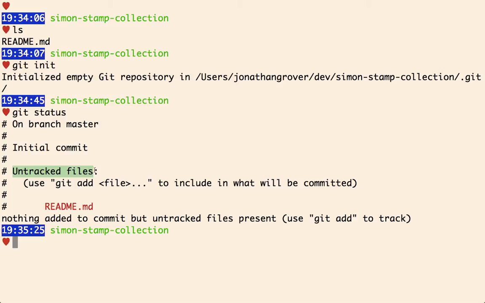Right? So staging is what we do when we want to include a file to be committed, okay? So when I did git status, again, first we did git init to create a new empty repository inside of our folder, right? We're in the Simon Stamp Collection folder, initialized the repository. We called git status, and it told us that this file is untracked, readme.markdown. So given that I want to save little snapshots of the changes to this file, I'm going to have to add it. So we're going to have to say git add, and we can say the name of the file,